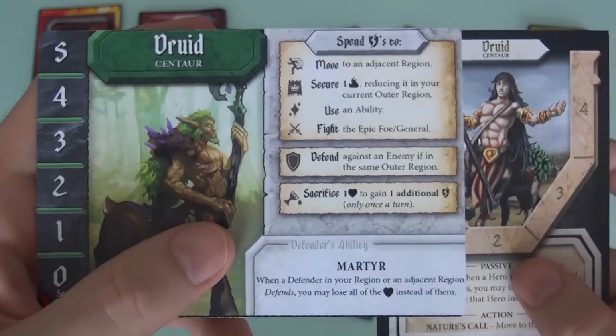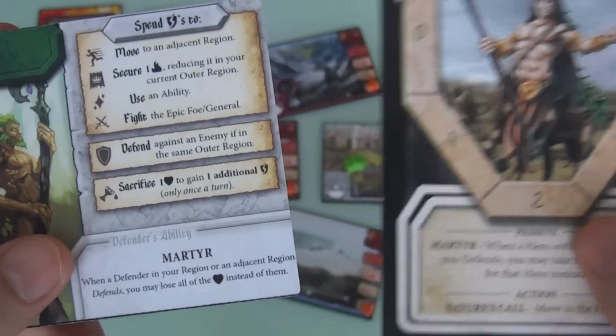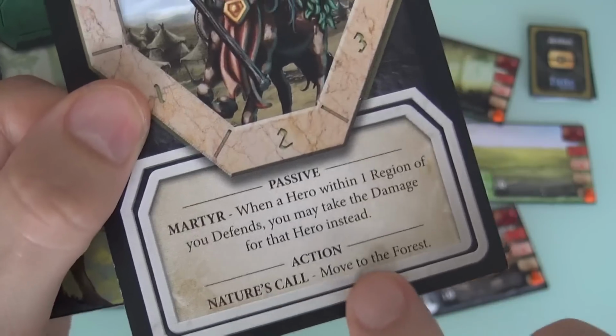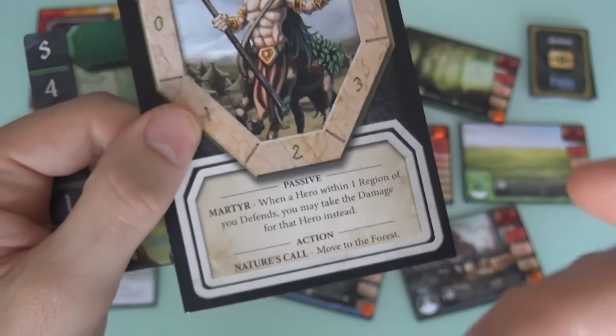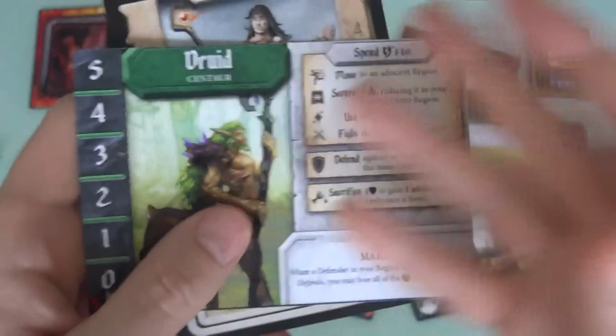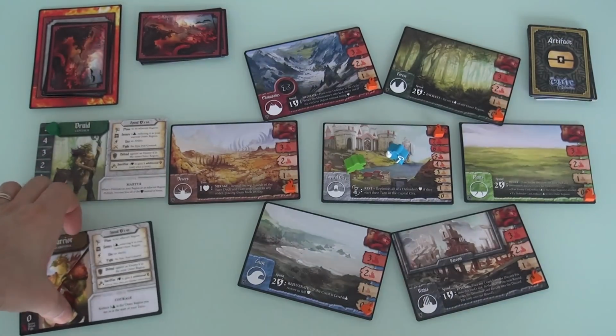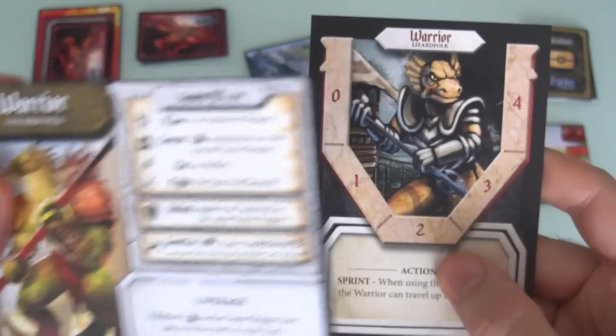Like in the case of the druid, they've actually been nerfed a little bit because they were a bit more powerful than everybody else. In the original game, they had the martyr ability and also Nature's Call, which was an insanely powerful thing they could do, but Nature's Call has been removed so that they're more in keeping with everybody else. So that's one example of a tweak, but if we compare the old lizard folk to the new lizard folk,